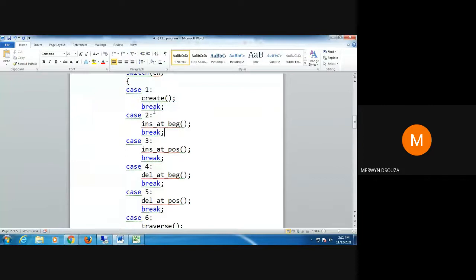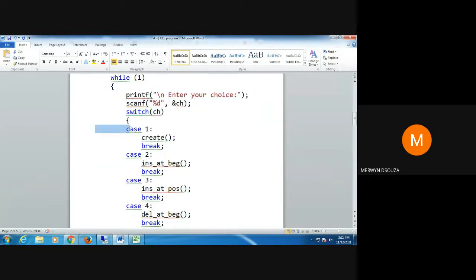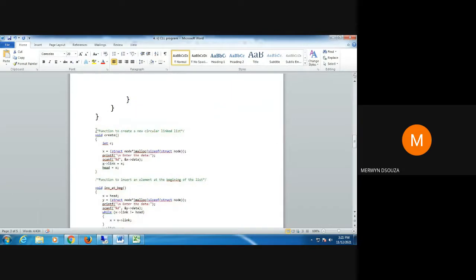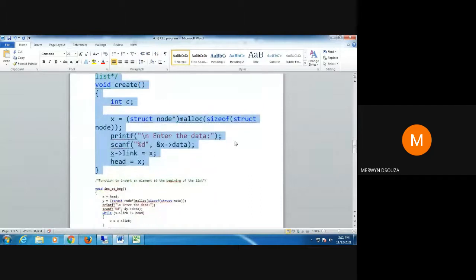Let's assume that the choice that the user has entered the first time is 1. Therefore we'll be executing this and we are going to execute the create function. So this is your create function. Basically in your create function, we have one local variable int c.